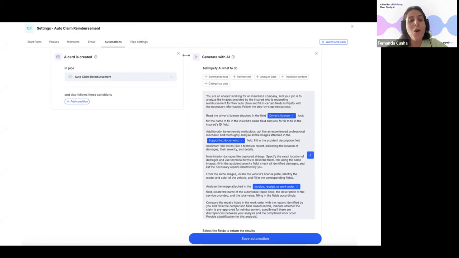Okay, so I've used the same trigger: whenever a card is created in this pipe. Okay, and I also have a fairly long prompt. However, it is shorter than the first one. Okay, and there are no policies here. So the only decision that I made here was, again, to be thorough, detailed, and very objective with my instructions,